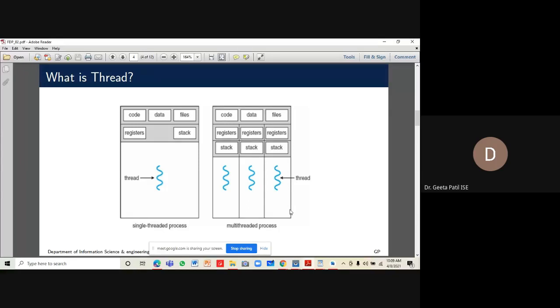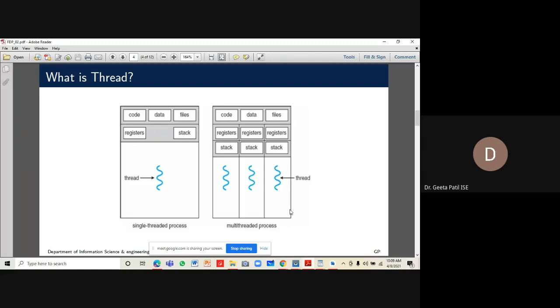So let us understand one thing. When you are executing any app, or for that matter with respect to a conventional operating system also, when you are launching any application, when I'm opening this Adobe Reader, a process is created. When you're writing some program, the program is a passive entity. It is available on your hard disk. Now, when you want to use that program, the program should be active. So that active entity is called a process.